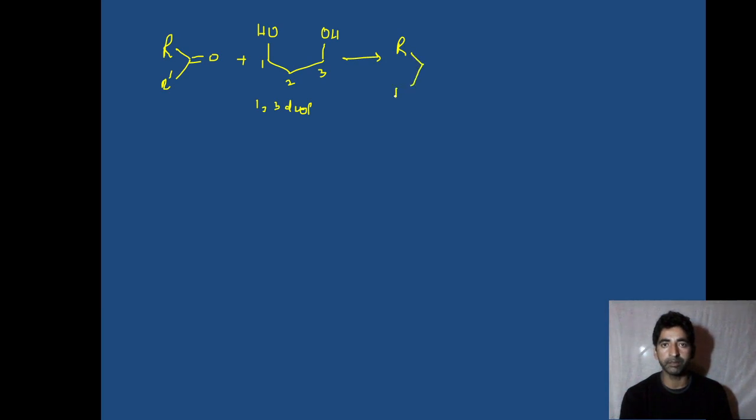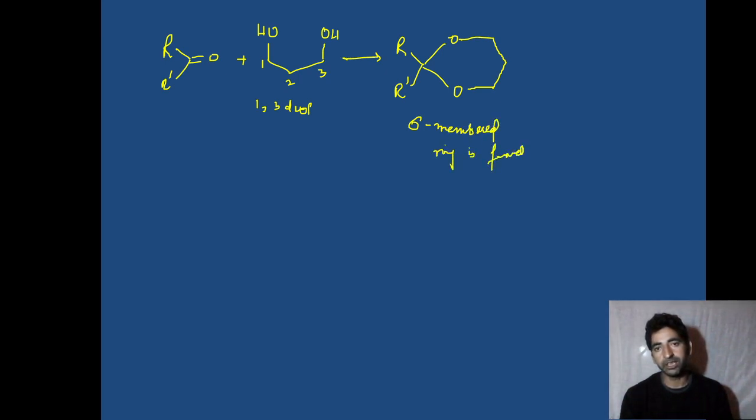This C double bond O group will leave as we have seen in the mechanism. Now I will not draw the mechanism again. Now it will leave. We have an O atom attached over here and an O atom attached over here. Between these two oxygen atoms, we have 3 carbon atoms. So we will have one carbon atom, second carbon atom, third carbon atom. So over here, a 1, 2, 3, 4, 5, 6 membered ring is formed.